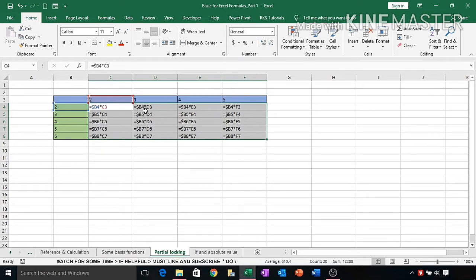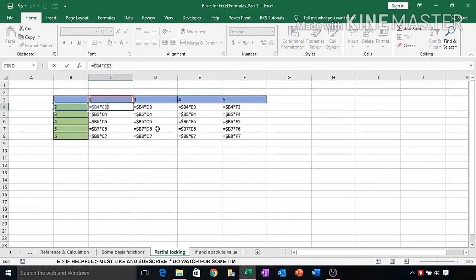Now B4, B4, B4, B4 is okay. B5, B5, B5, B5. It means it's perfectly working for the left side of the formula. Every time it is picking the value from column B. But if you check the right side of the formula, it is C3, C4, C5, C6. Ideally it should be C3, C3, C3 and C3 instead of C3, 4, 5, 6, because we have to lock row number 3 every time, because every time it has to pick the value from only row number 3. So for that we have to lock the 3.